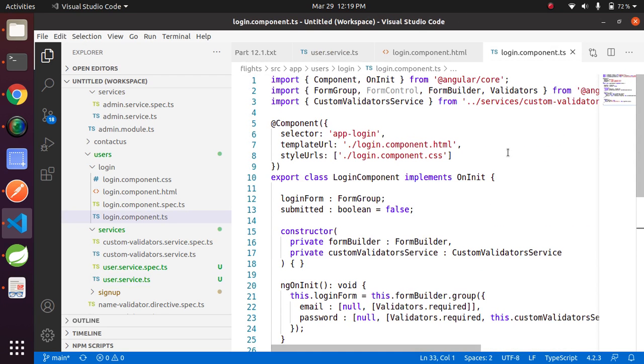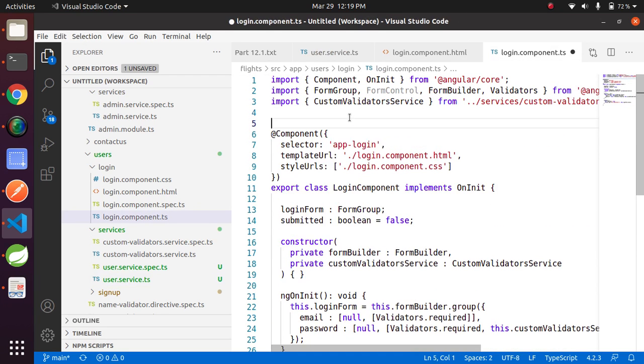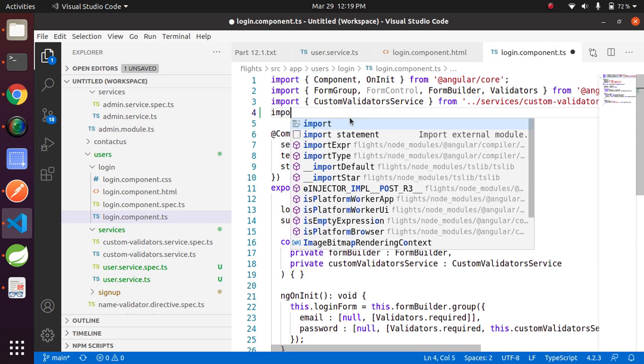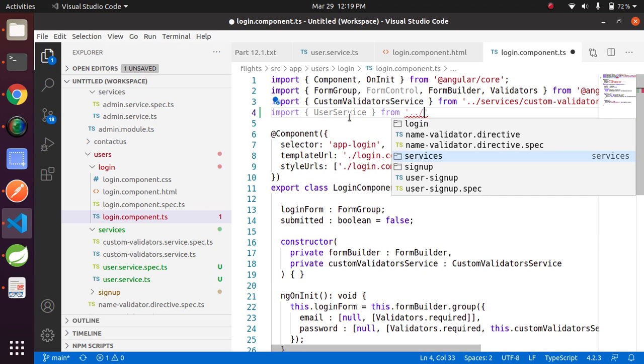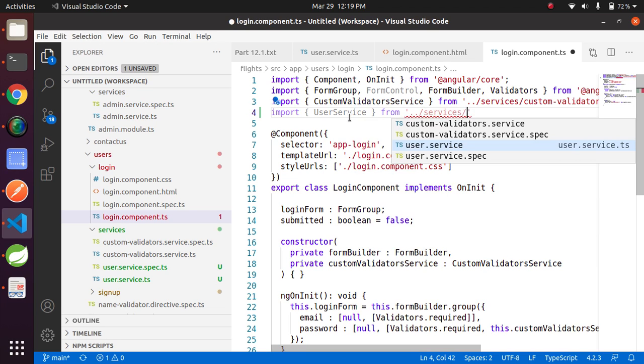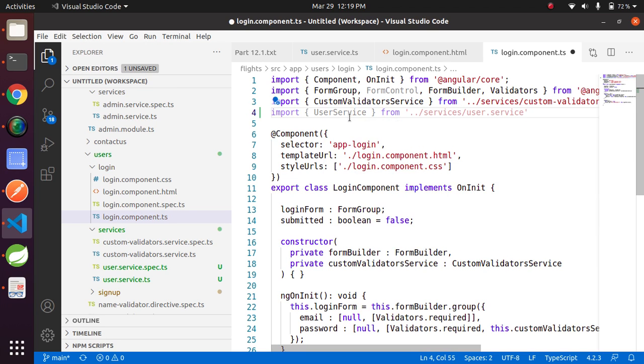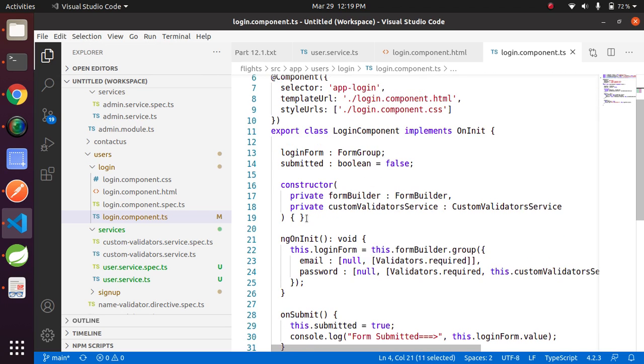First import the service, user service here. Import user service from services/user service. Inject the service into the constructor.